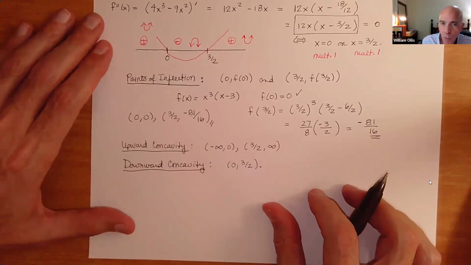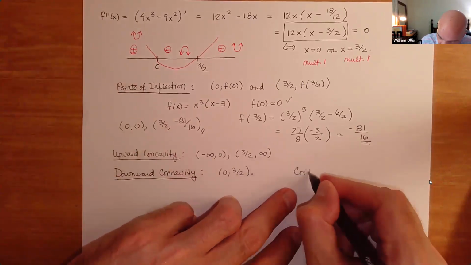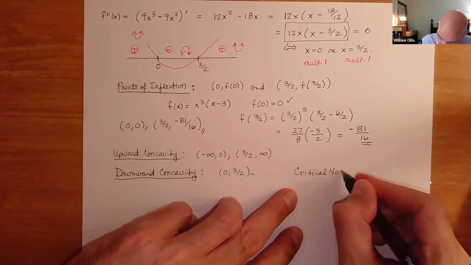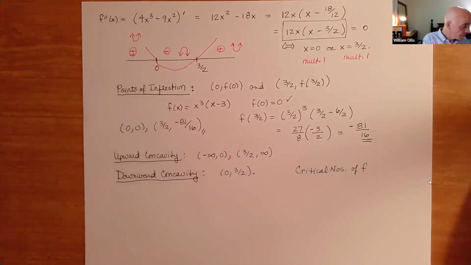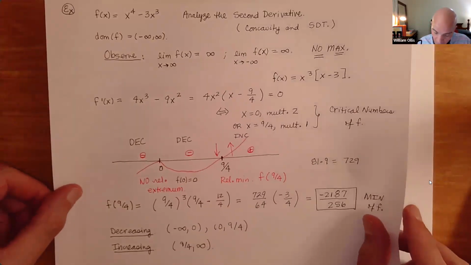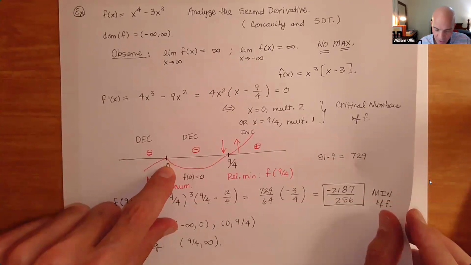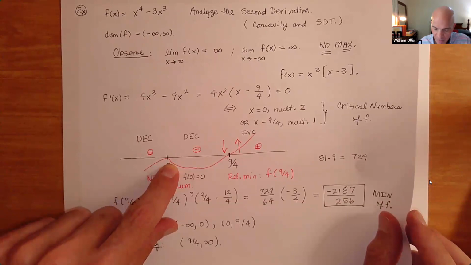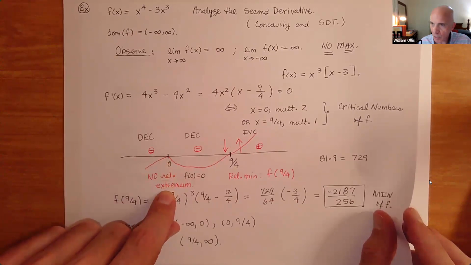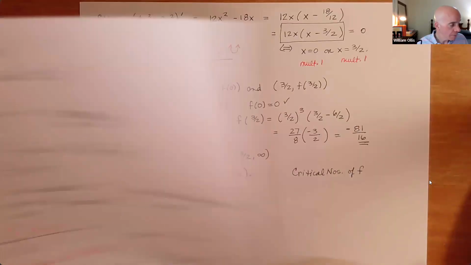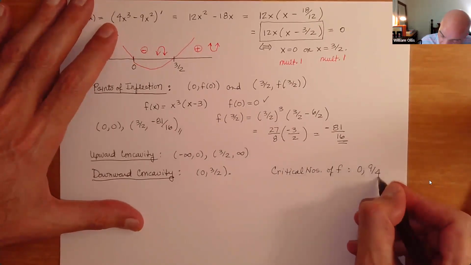Now, as we saw before, when we looked at the first derivative test, we had critical numbers of f. And if you recall, we had 0 and 9 over 4. Okay, but of course we don't get anything here, and of course the f double prime of 0 is 0, but we have the first derivative test that just shows that there's no relative extremum there, so we're done with that. But just to remind you, the critical numbers of f were 0 and 9 over 4,